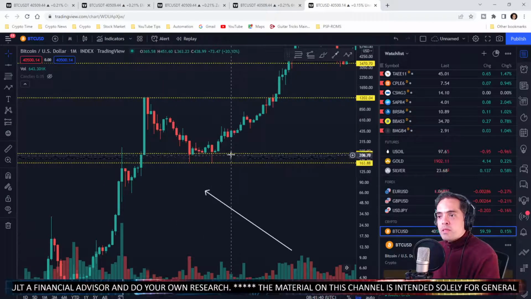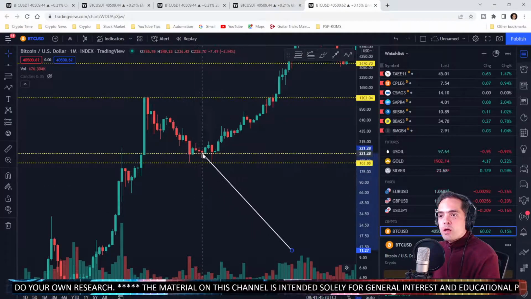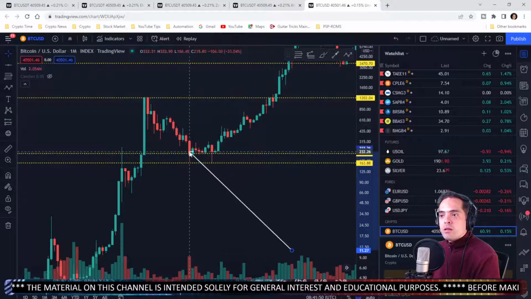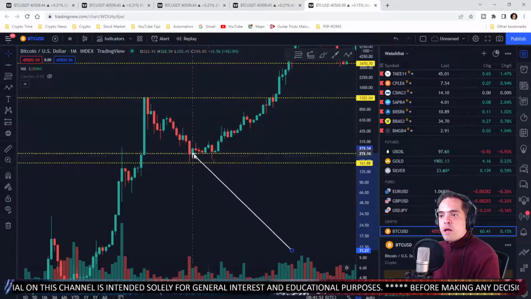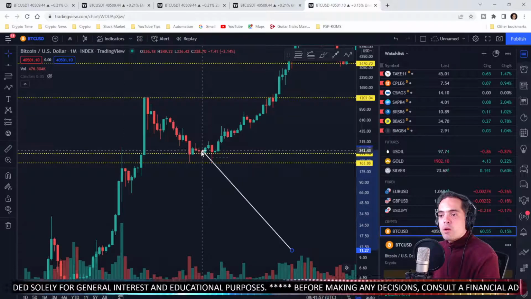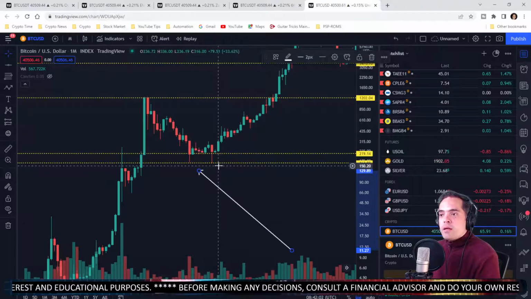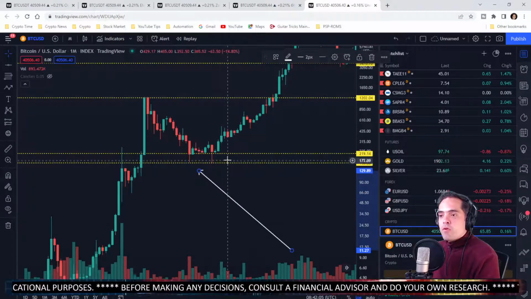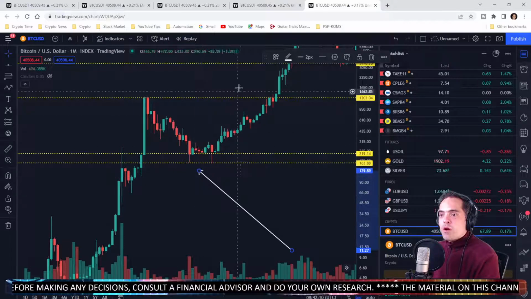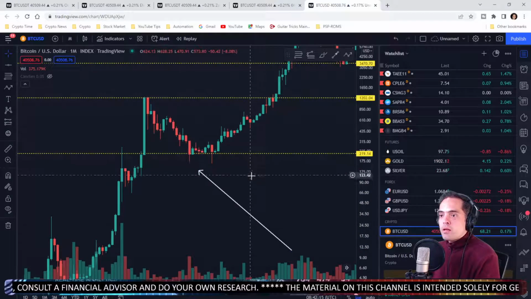So that means that this line here is a stronger support than the previous one, because there is more business happening at this level than at this one. The thinking is the same for the resistance. So we can draw the line to be able to catch as much as we can of